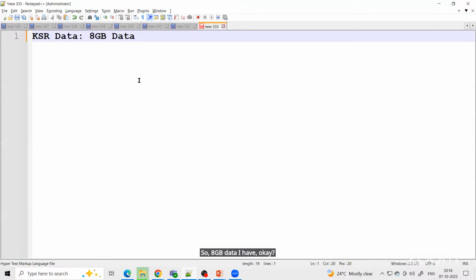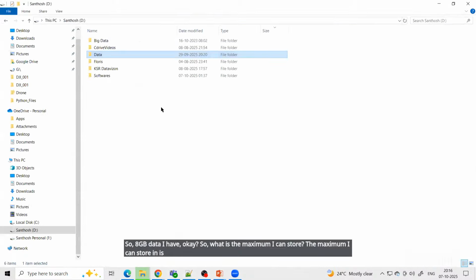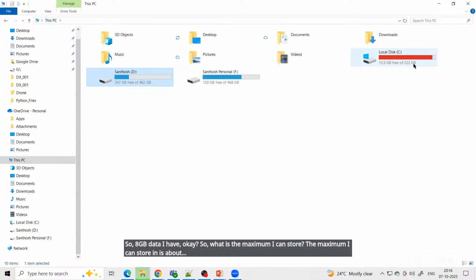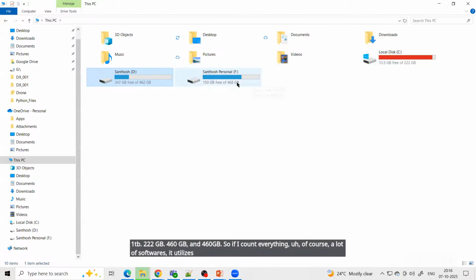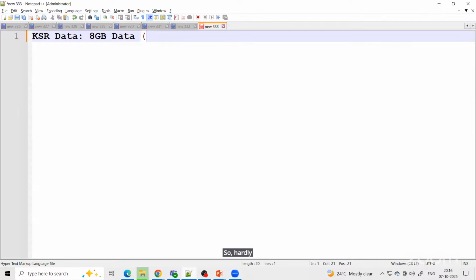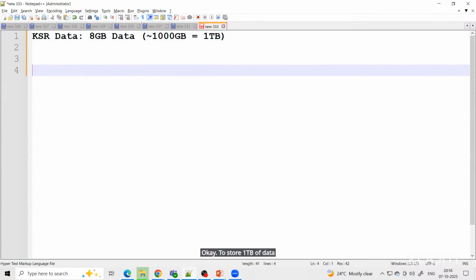Okay. So what is the maximum I can store? The maximum I can store is about 1 terabyte: 222 GB, 460 GB and 460 GB. So if I count everything, of course, a lot of software utilizes this space. So I can store up to 1000 GB, which is equivalent to 1 terabyte. Okay. To store 1 terabyte of data,